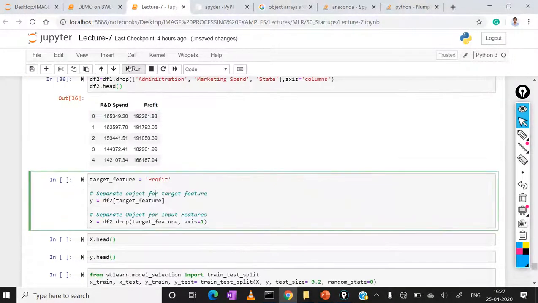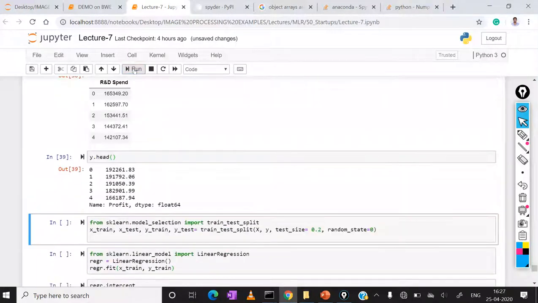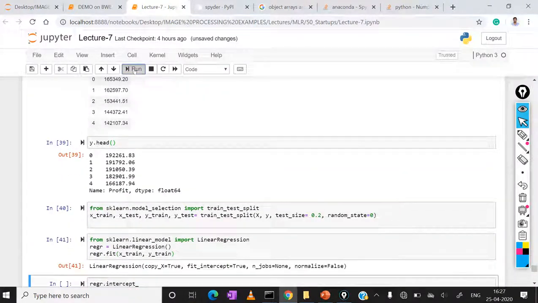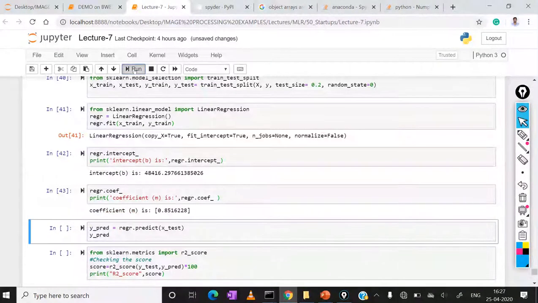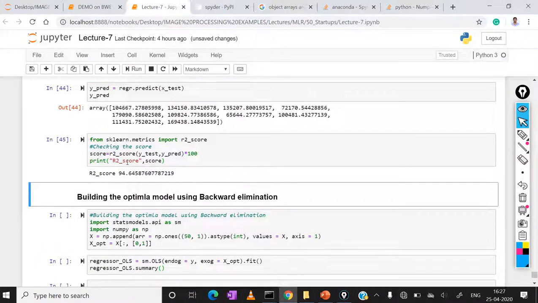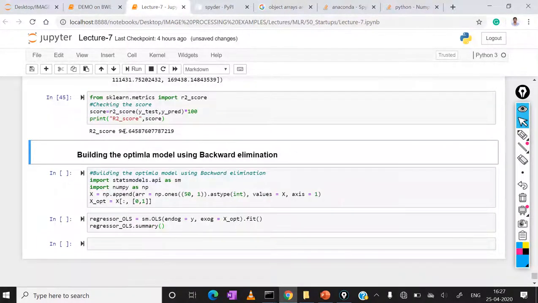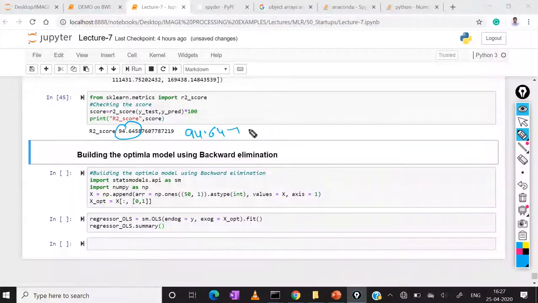So here I am making the model. After making the model, this is the usual process. If you see my result, it is 94 point something, here 94.64, by using a single independent feature, the R&D department.